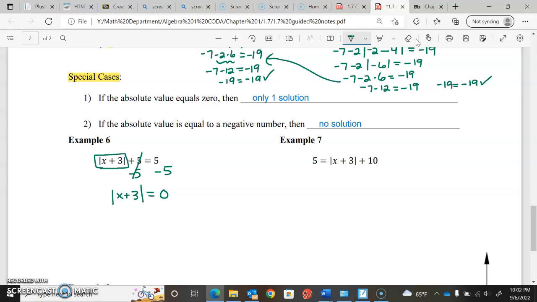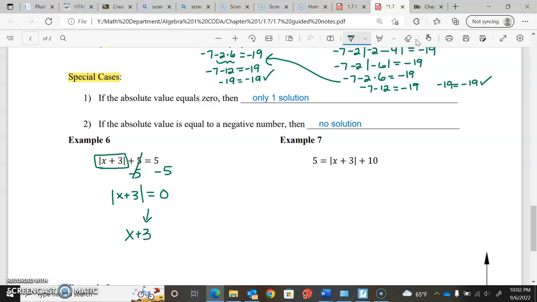But then we get absolute value x plus 3 equals 0. Now if you try to split it up into the two cases, you would be looking at, all right, positive 0 and then a negative 0? Well, there's no such thing. So you just have the one case